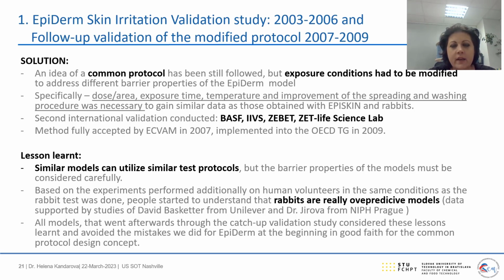And the second thing that we learned was that rabbits are really over-predictive models, especially when it comes to skin irritation and eye irritation testing. And we published on this a very nice paper, which is also quite well cited. And as a consequence, maybe even taking into account these data, the classification system for classifying irritating materials has been changed in the European Union, and the border for the classification was shifted from 2 to 2.3, which was also